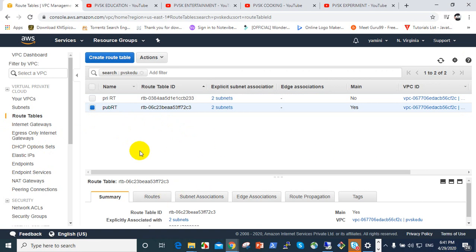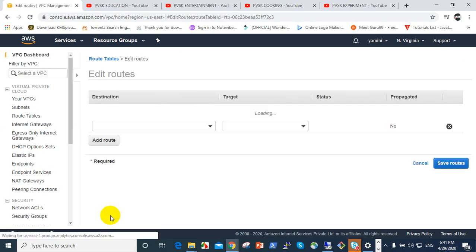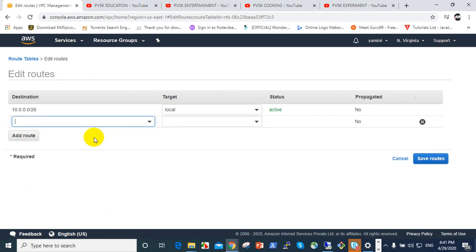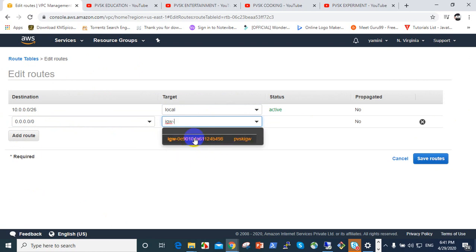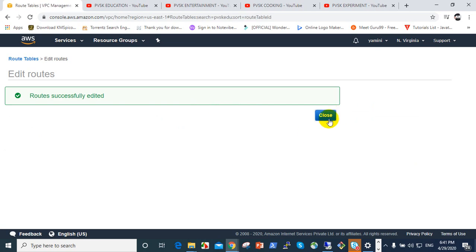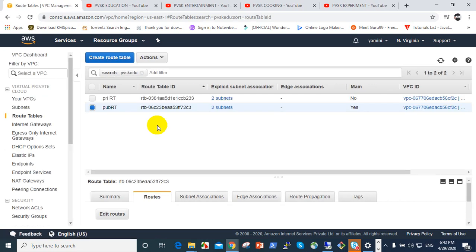Go to the public route table, go to the routes, and add routes. Give 0.0.0.0/0, full traffic, and select the internet gateway, only one. Save that. Like this we can attach an internet gateway to a route table.